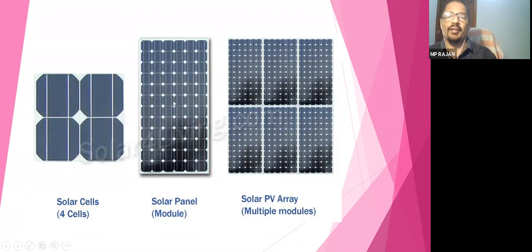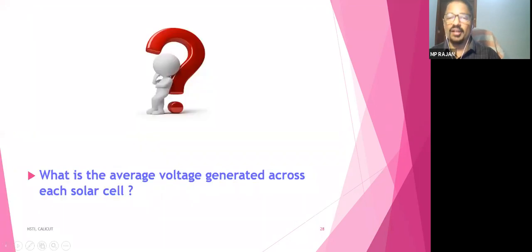Okay, and further depends upon your power in the mega power generation, आपको solar panel, you can connect the solar panels either in series or parallel, depending upon the power. So if you connect some in series and some in parallel, together we can call it a solar PV array or solar photovoltaic array. So one array is the combination of so many solar modules, and a solar module is a series combination of so many solar cells. So this is the construction.